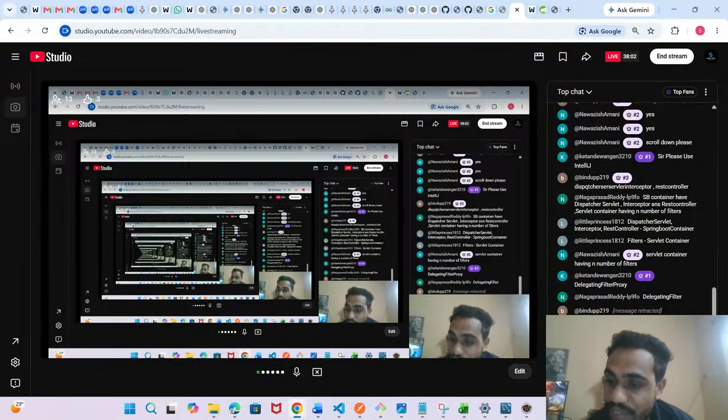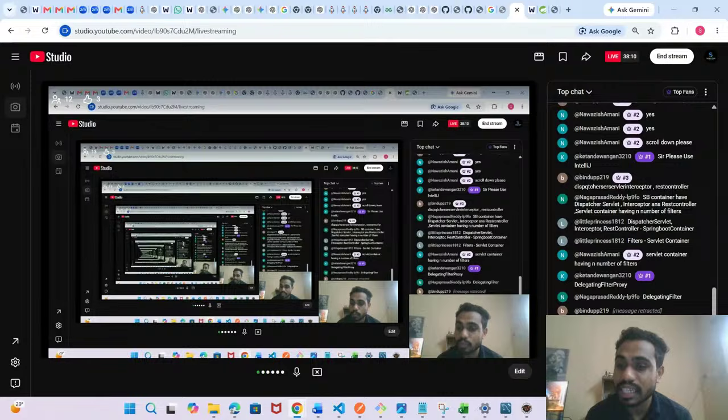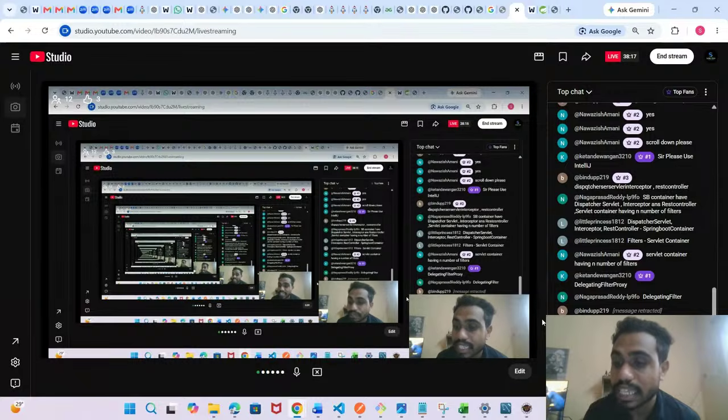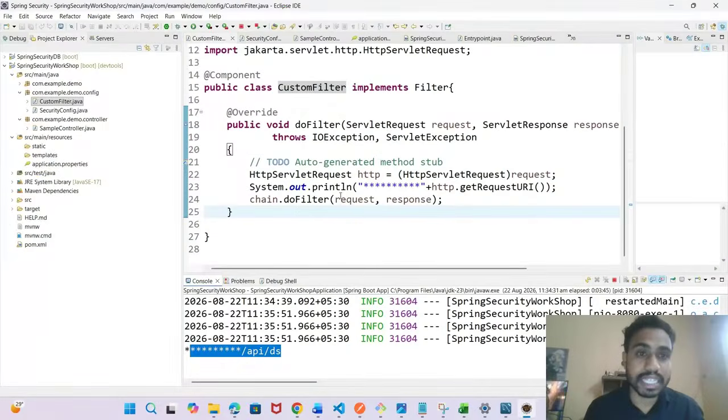I have printed some sample log as proof that my request is going through the filter layer. Now we'll go for the delegating filter chain proxy, and I'll show you that.